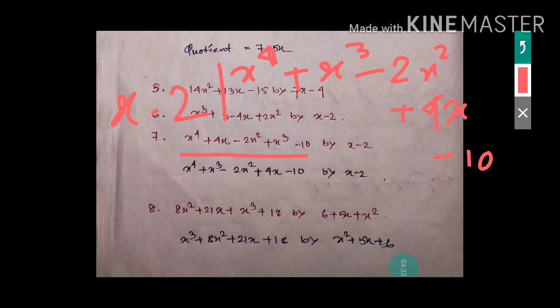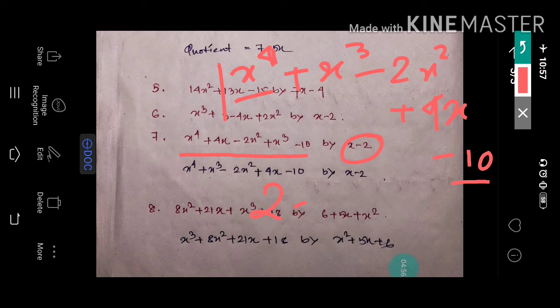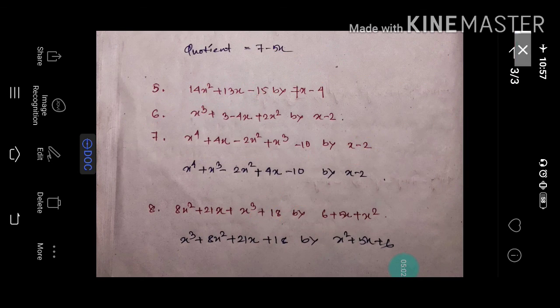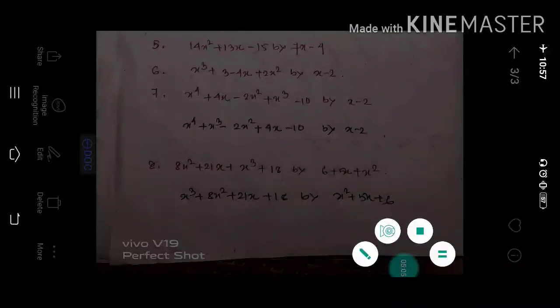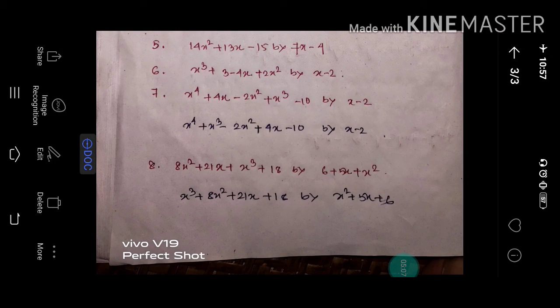Suppose in this case the divisor is given as 2 minus x. At that time the divisor also you have to arrange in ascending degree order, like the dividend: first the variable term, then after that the constant. So there also the divisor should have the variable first, then the constant. Sorry, 2 minus x is given, so it will be minus x plus 2. Then after that you proceed for the division. So before doing division, what you have to check is each term, whether it is in ascending order or not. The degree should be in order.